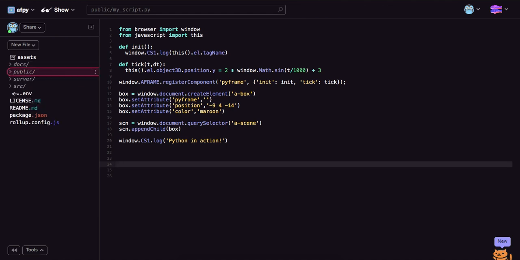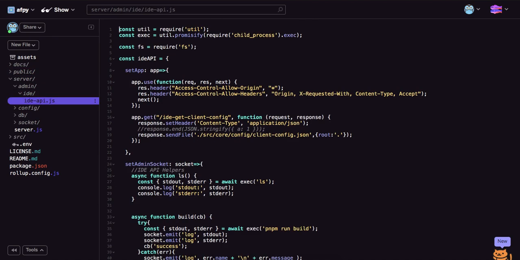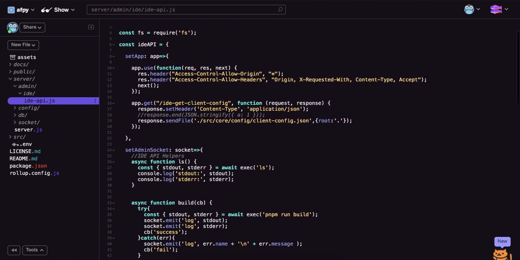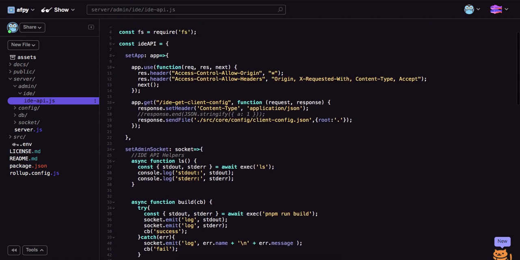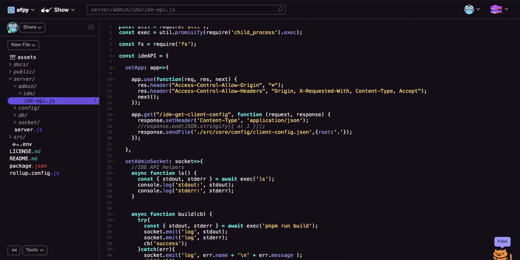And before we can connect the CS1 IDE to this CS1 Game Engine, we need to authenticate through the server. So in the server, I have an admin section, and then I have an IDE API. And here's basically what I have so far for the IDE API. Basically, I allow a login to come in, and that login basically authenticates with the